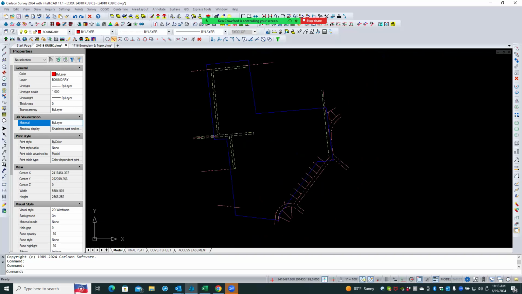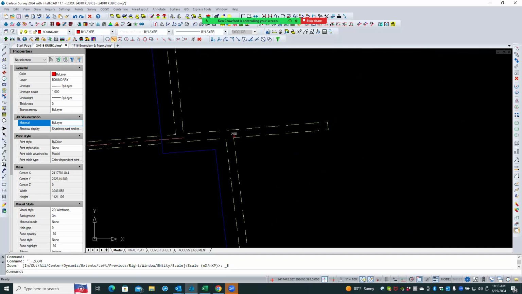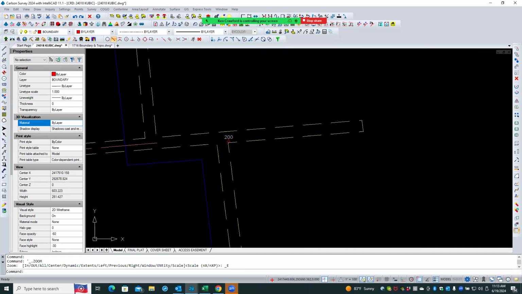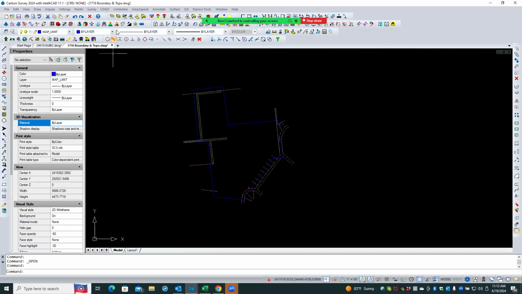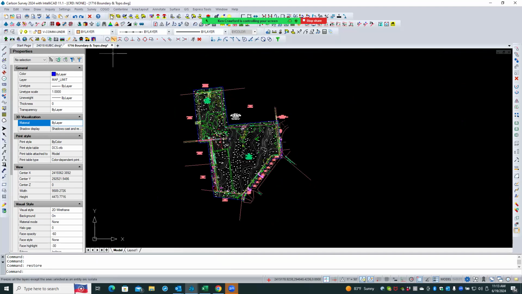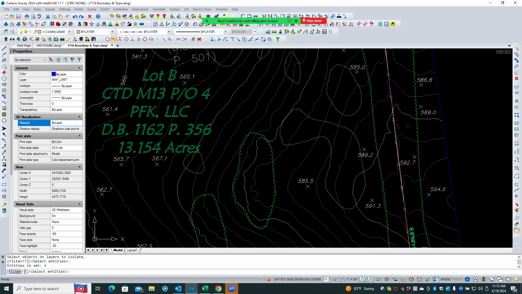Somewhere is your 200 point. It's up there. It's right, oh, there. All right, so there it is. So that's one way you can go into this other drawing and just take the things that you want. And it's easier, like I said, if you wanted the vegetation, you could then just isolate that, or you could isolate all of